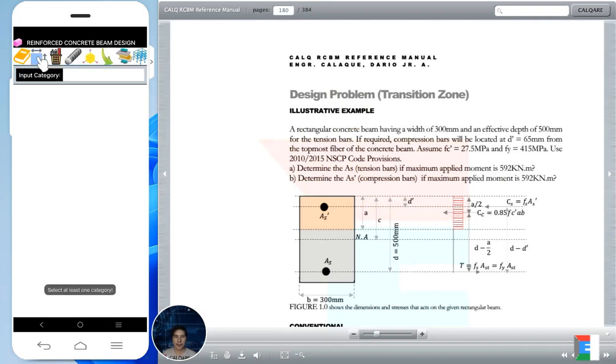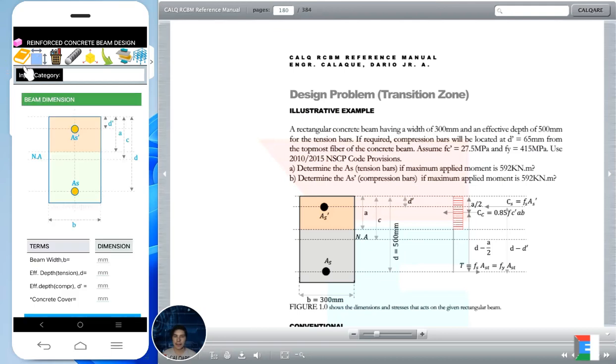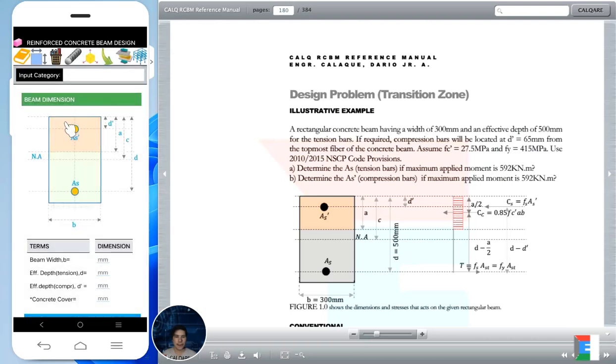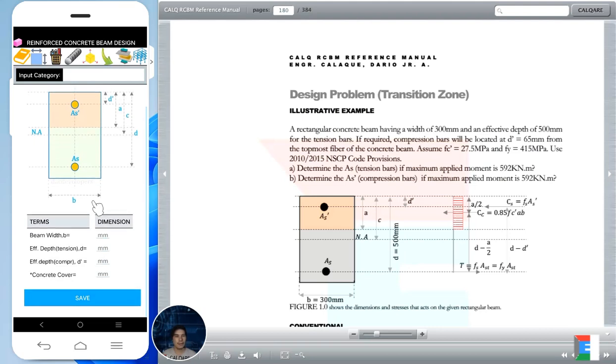Here in the design process, we can actually click first to see if we can add dimensions. It actually has a load example option. Click on others, and it is there so you can always test it out. In this case, I'm going to start from scratch. So, here in beam